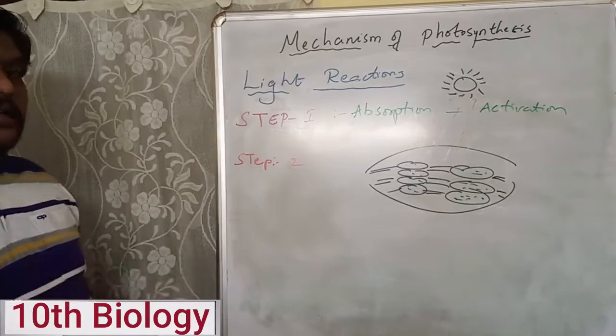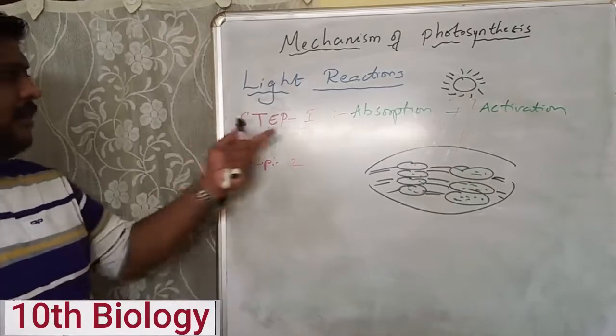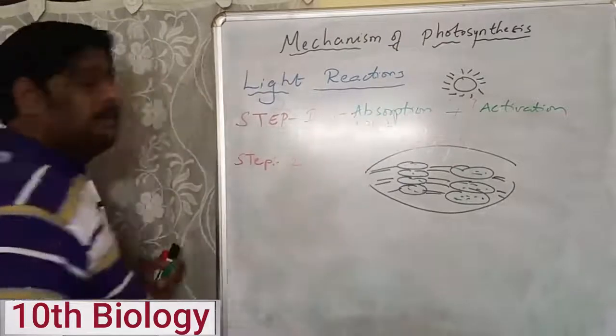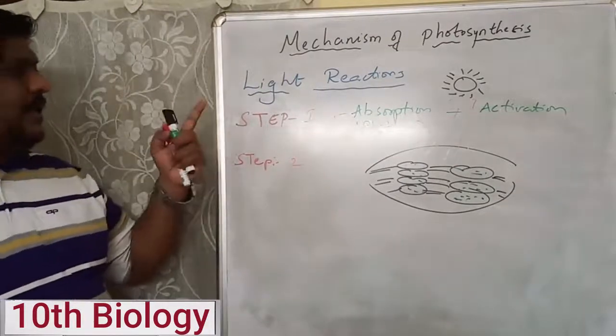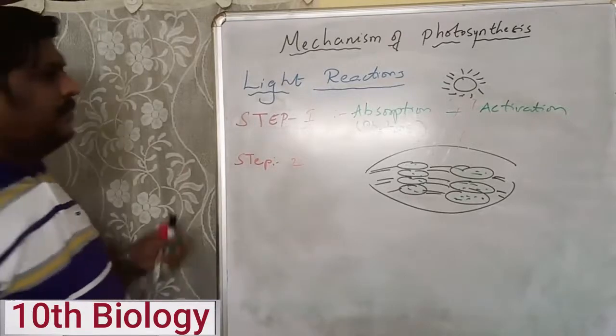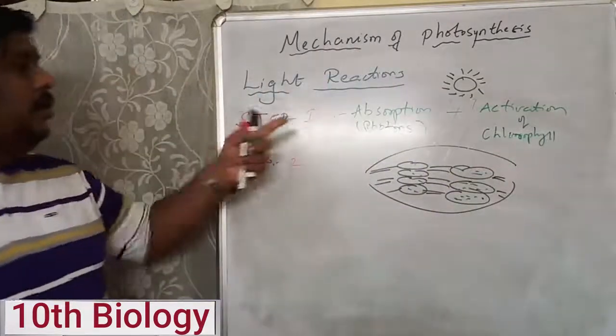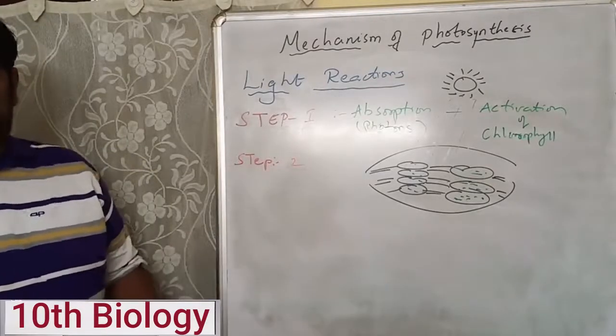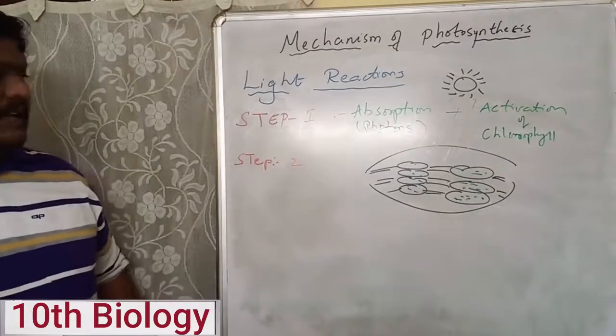Why are we calling it the light activated chlorophyll molecule? Because they have absorbed the photons. Because they have absorbed the photons, the chlorophyll will become activated. So the chlorophyll which is activated now has a very good activation, and this light activated chlorophyll